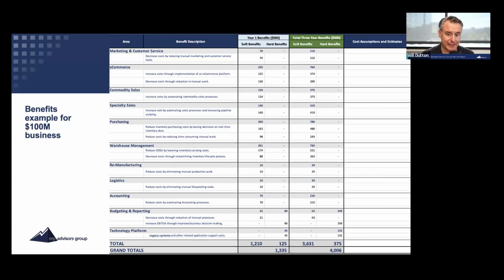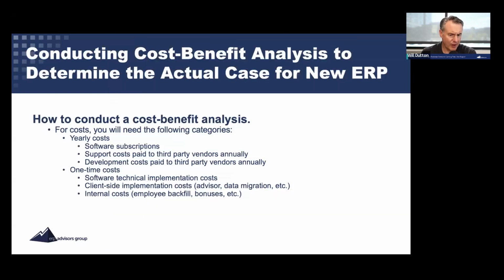Yeah, good luck with that. But you also have to look at your organization and see what your culture is to figure out the benefit side. Okay. So now if we go to the next slide here, now that we've been through the